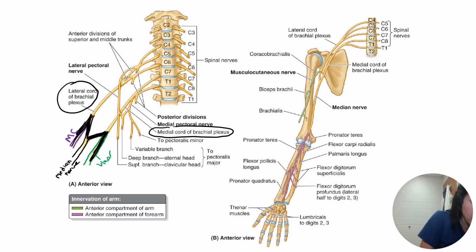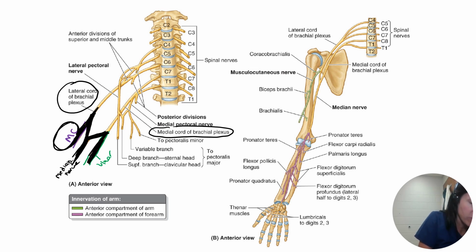which is musculocutaneous, median, and ulnar. So when we're in the lab, musculocutaneous is very easy to find because it's going to be diving into coracobrachialis. As soon as you see a nerve going right into coracobrachialis, you know it's musculocutaneous. So you can trace it proximally towards the lateral cord and then start moving back distally, find the contribution, and